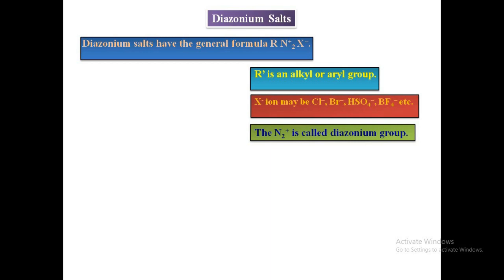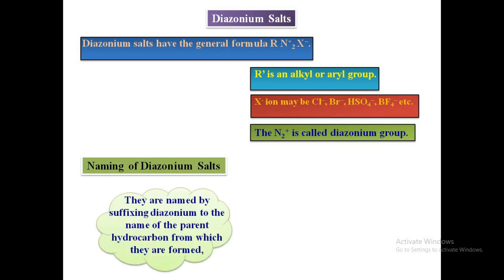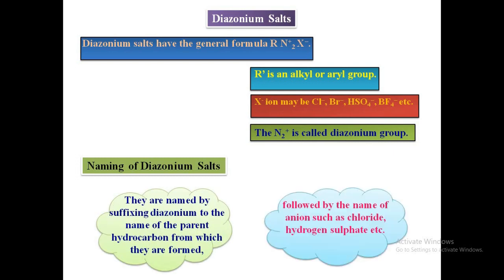Naming of diazonium salts. Let's study about naming of diazonium salts. Diazonium salts are named by suffixing diazonium to the name of the parent hydrocarbon from which they are formed, followed by the name of the anion such as chloride, hydrogen sulfate, etc. For example, students,